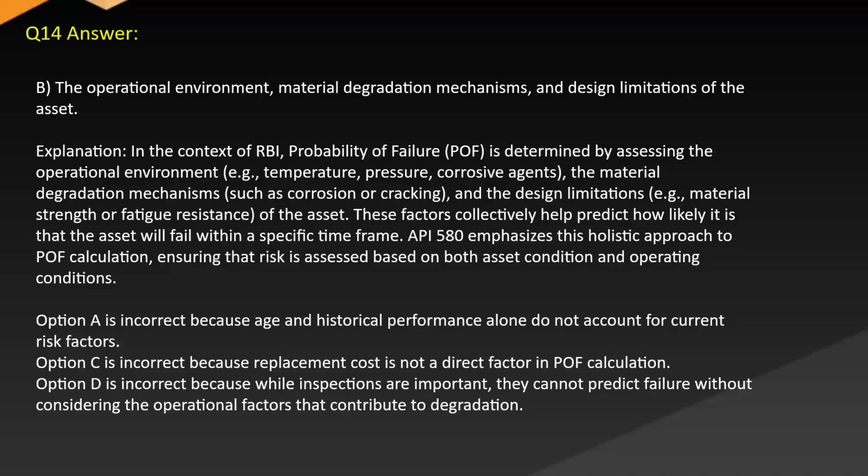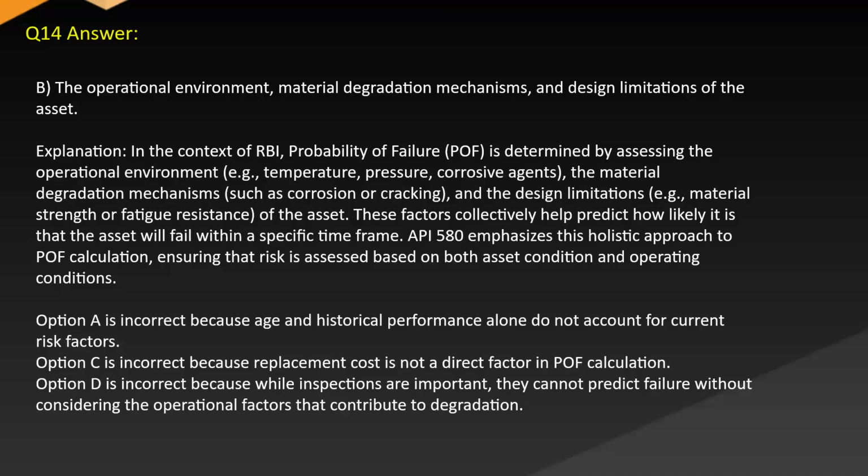Answer. B. The operational environment, material degradation mechanisms, and design limitations of the asset. Explanation. In the context of RBI, probability of failure, POF, is determined by assessing the operational environment, e.g., temperature, pressure, corrosive agents, the material degradation mechanisms such as corrosion or cracking, and the design limitations, e.g., material strength or fatigue resistance of the asset. These factors collectively help predict how likely it is that the asset will fail within a specific time